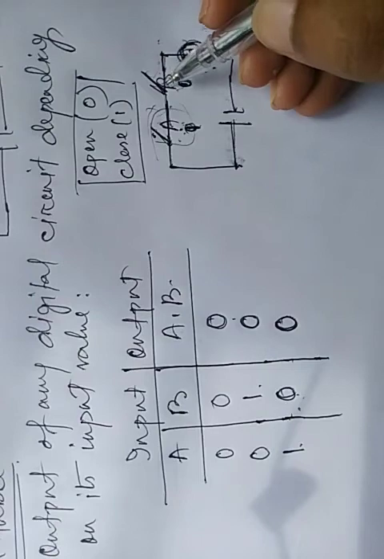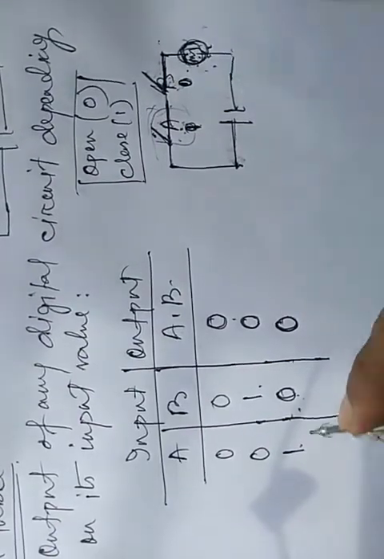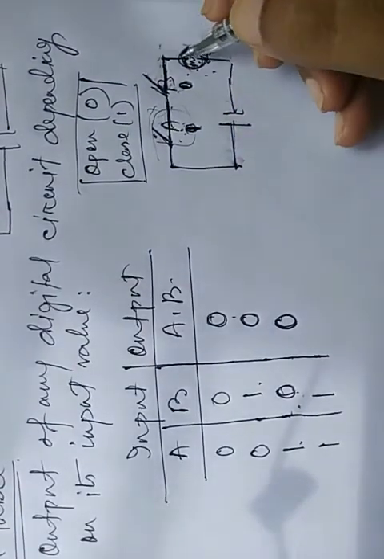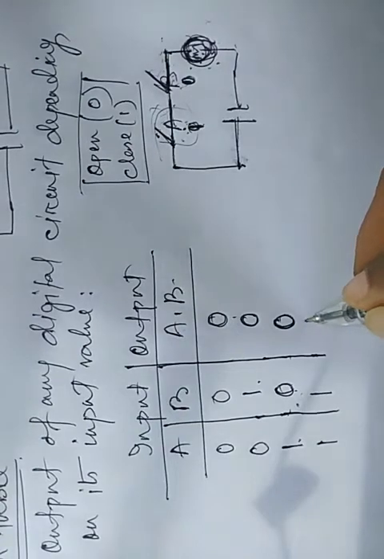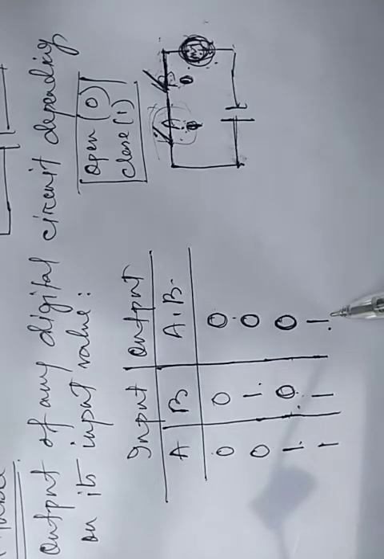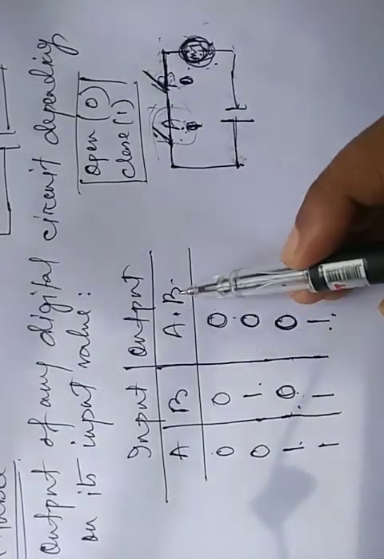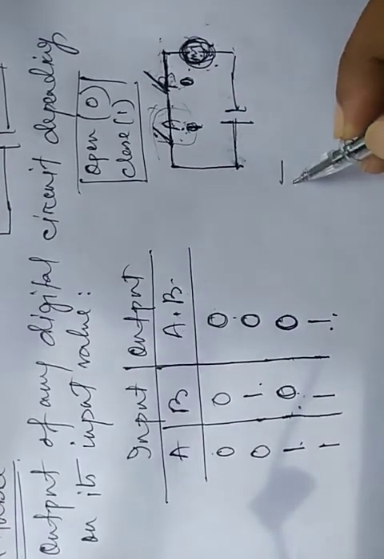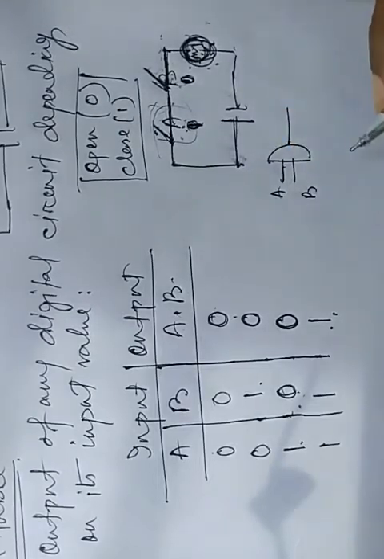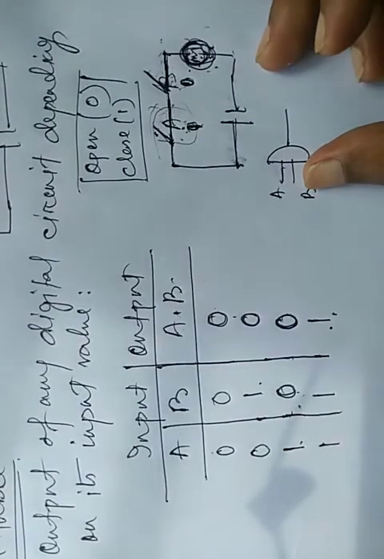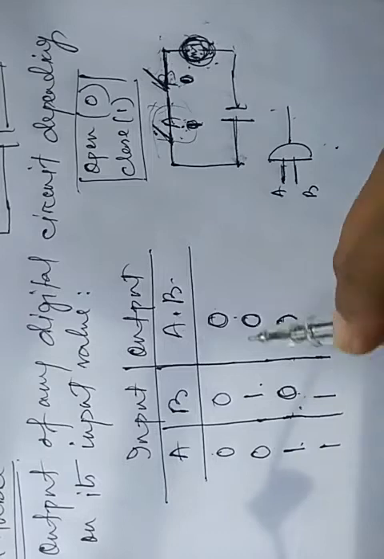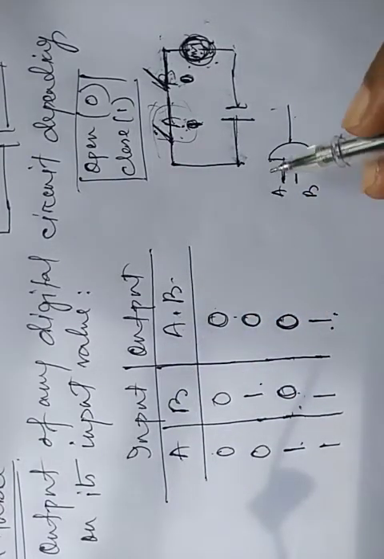And in our last condition, both switches are closed. Obviously when both are closed, it is a fully connected circuit and the bulb will glow. Then the output will be 1. Yeah, so this is the truth table of the AND operation. AND is a logic gate which is used in digital circuits. Whenever we use these gates, all the possible output values of the gate can be obtained through this truth table.